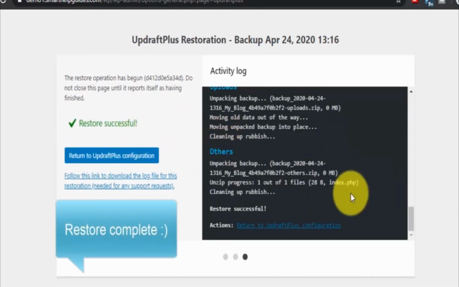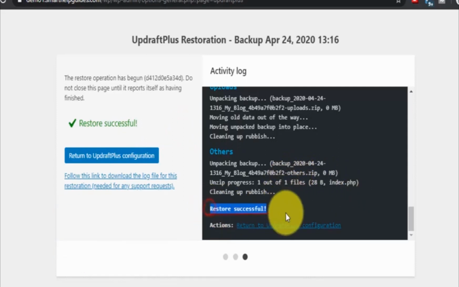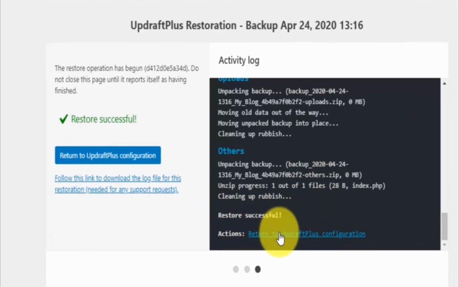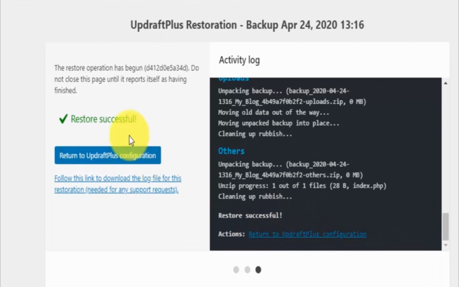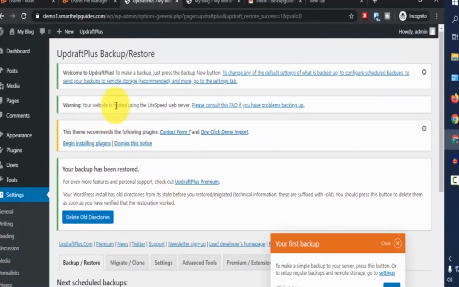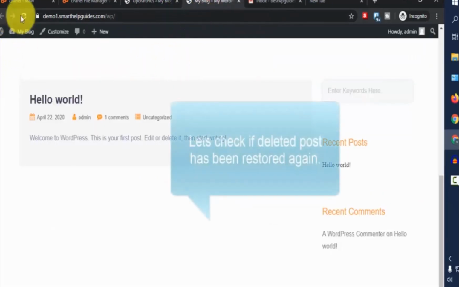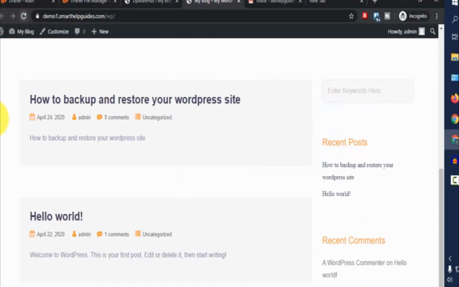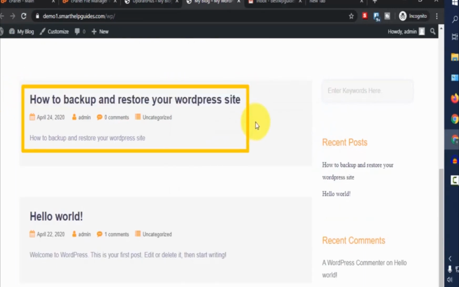Just click on return to the updraft configuration. Our restore is successful. So click here. It will bring us to the dashboard. So we will visit our website and refresh the website. Now look, our post has come back again.